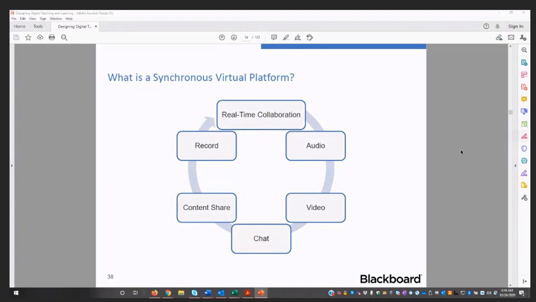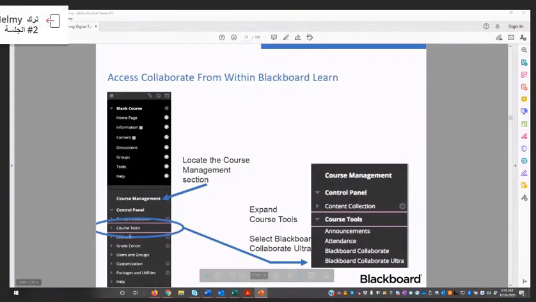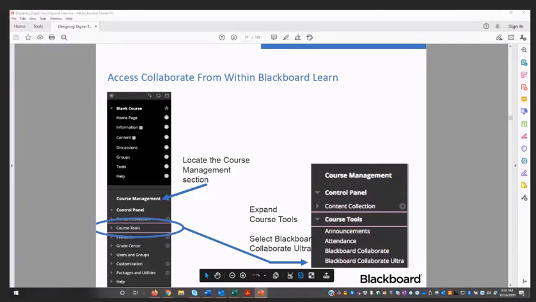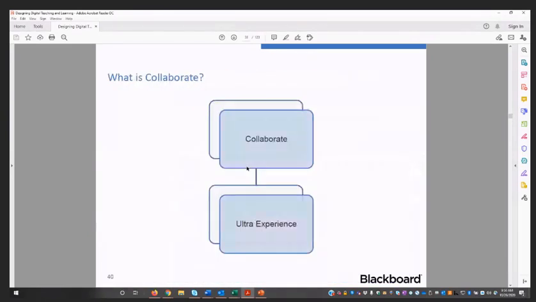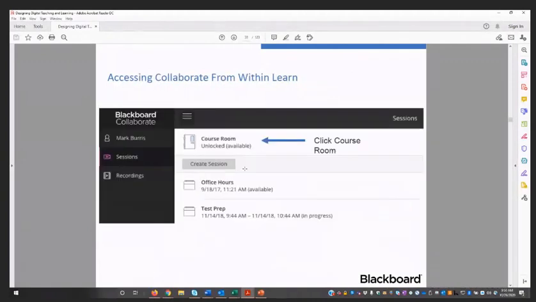So when we access it through the tools, it's going to be Blackboard Collaborate Ultra. Once you choose that in your course, let's see if we can get this to slow down. There we go. You have a course room that automatically goes with the course that you're currently in, and then